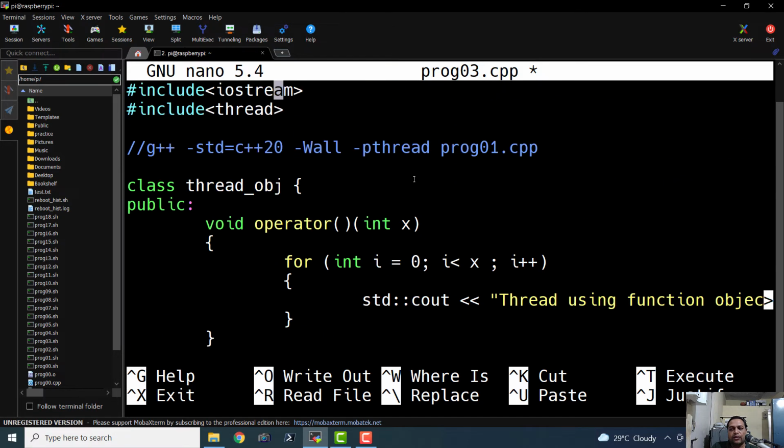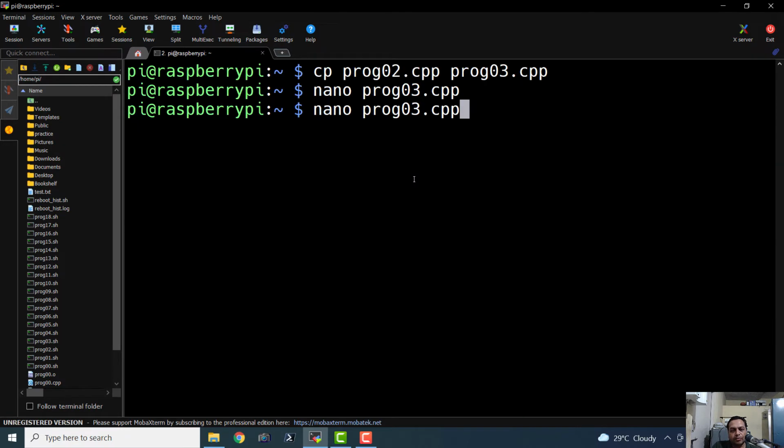So here we have a callable object which has been named appropriately as thread_object, and let us save this and let us try to compile it.